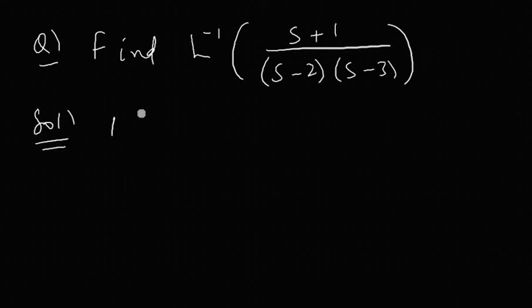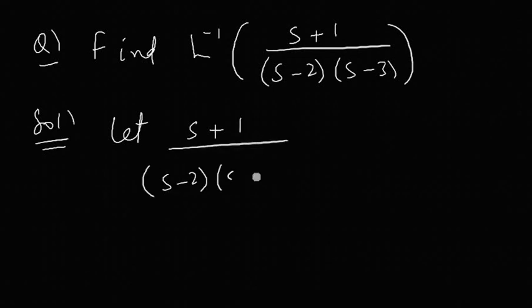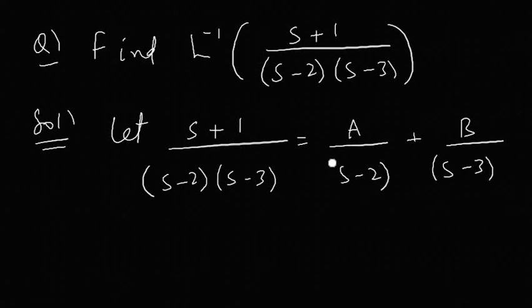Solution. First of all, what we do is let s plus 1 divided by s minus 2 into s minus 3 be equal to some a by s minus 2 plus b by s minus 3. Now what I mean to say here is, you should have the idea of the partial fractions, in what way we have to break up. If it's a second degree, which is not reducible to first degree, you have to take as plus b by, for example, s square plus 2. If the second degree can be split into first degrees, you have to do it. So there is a lot of detail behind that one, using the concept of partial fractions. So somehow you get the value of a and b.